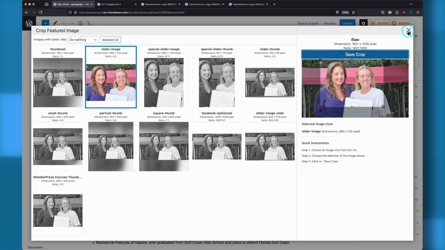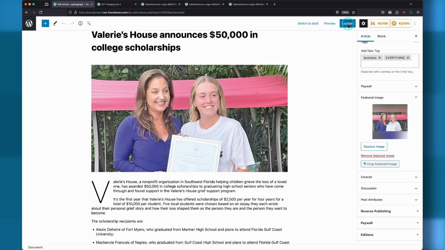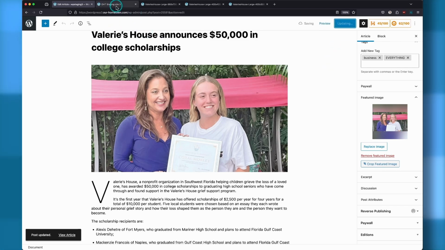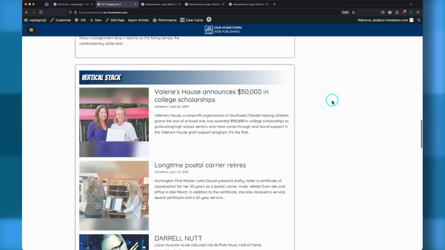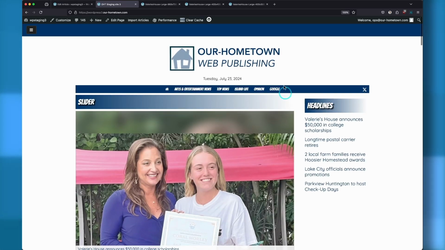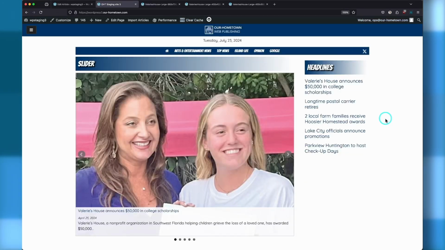So we'll close out of the cropping option. I'm going to go ahead and update the story, and then we'll come back to the home page and scroll back to the top, and we'll refresh, and often you'll need to clear the cache as well. So we'll do both of those. All right, and after a cache clear and a refresh, we now have this much cleaner close-up frame on that